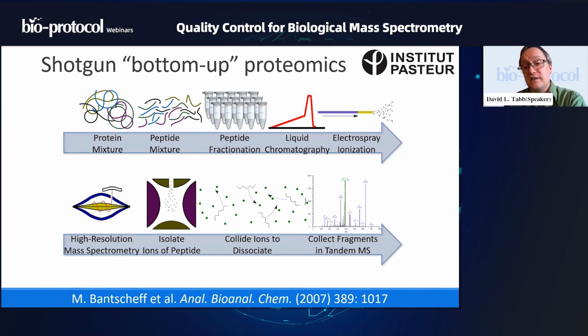So one of the first things that people try to do when they have a very, very complex mixture, like a cell lysate, is to use some sort of fractionation technique. Now, some people will separate at the protein level, for example, using a 1D gel in a gel CMS experiment. But more frequently, I think we see cases where people are separating the peptides on some property, whether that's isoelectric point or using something like a basic reverse phase separation.